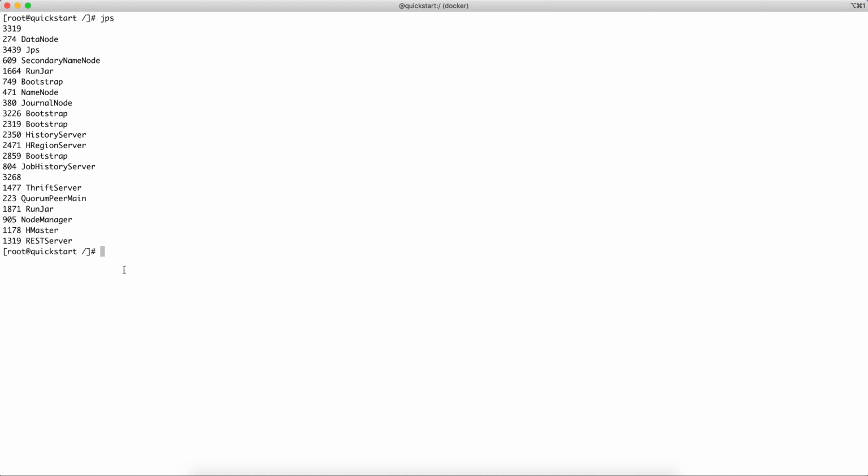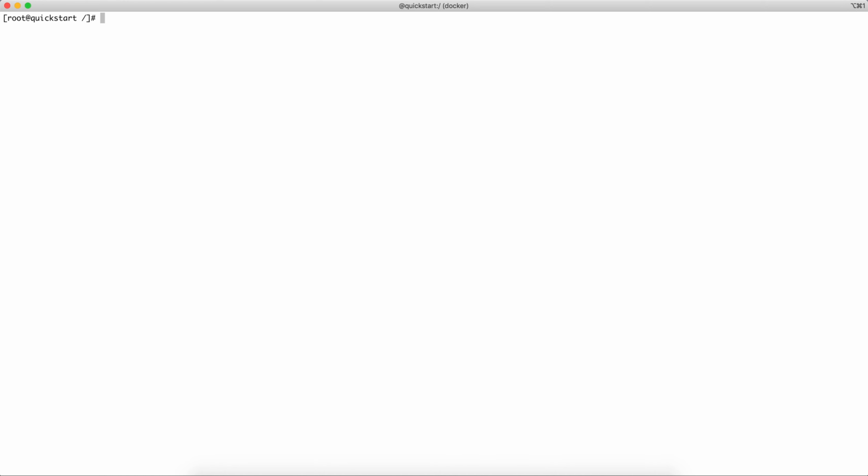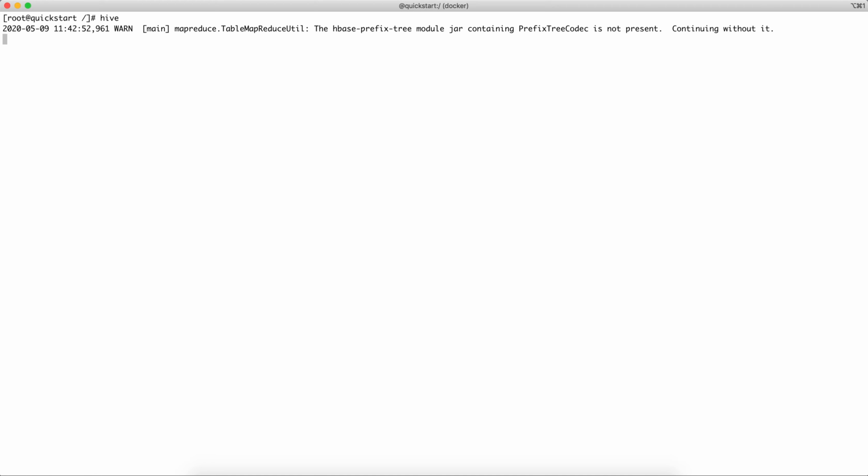Now what we will see is how to go into various terminals, like let's say we want to start using Hive, or let's say we want to start using HBase, then how we are going to do that. Okay, so let's say for example you want to go to the Hive terminal, then on this quickstart terminal, you will just type hive and press enter, which will take you to the Hive terminal, where you can do whatever Hive related things that you want to do, like create the database, create the table under it, and whatnot.